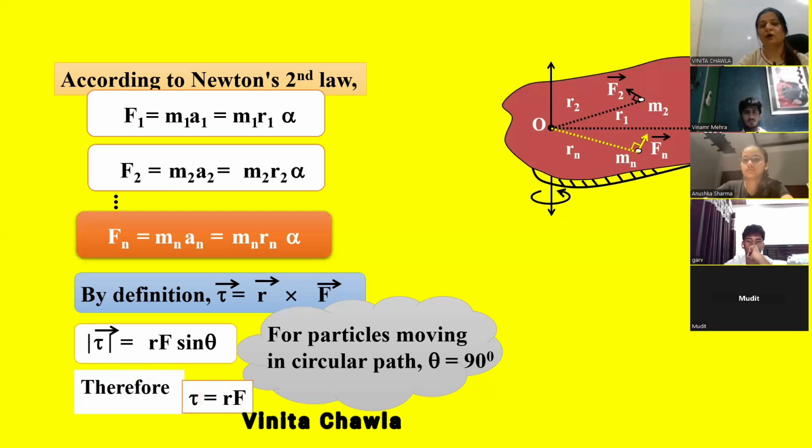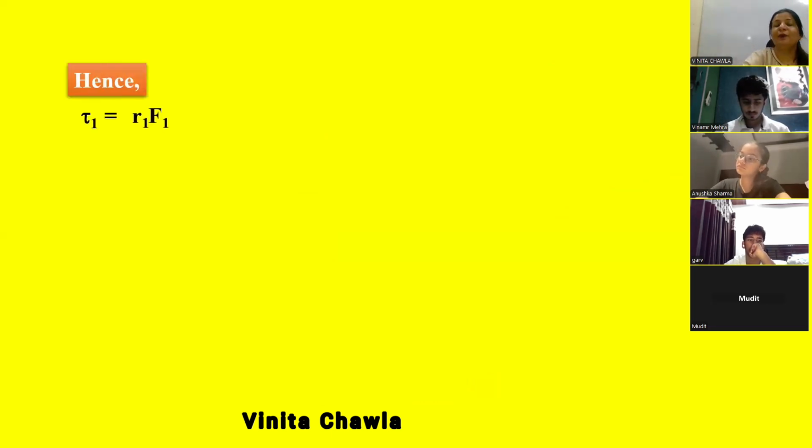ठीक है, एंड देयरफॉर टॉर्क इज r F. वी आर कंसीडरिंग ओनली द मैग्नीट्यूड हियर. टॉर्क इज r F. Sin theta is sin 90 degree, sin 90 degree is 1. Hence, now because r is the distance of the particles from the axis of rotation, individual particles r1, r2, r3,